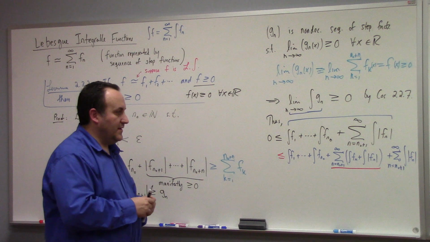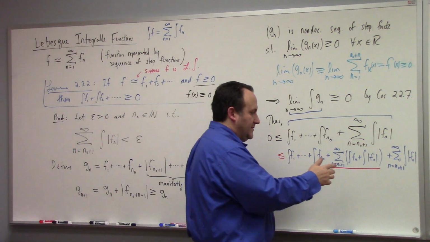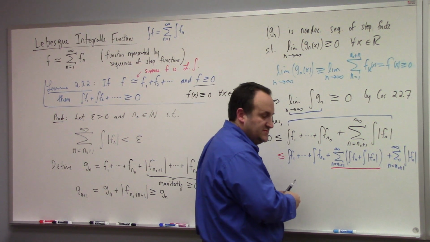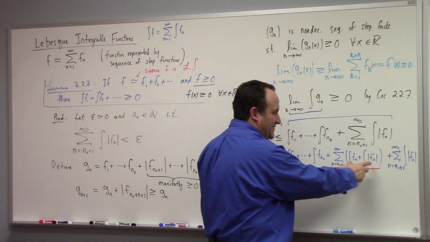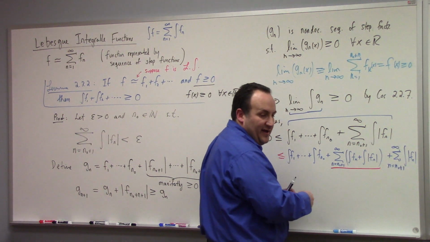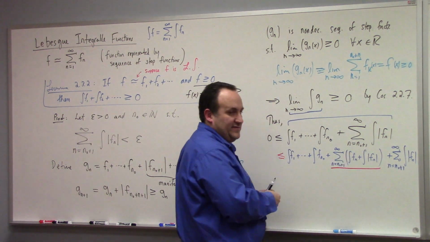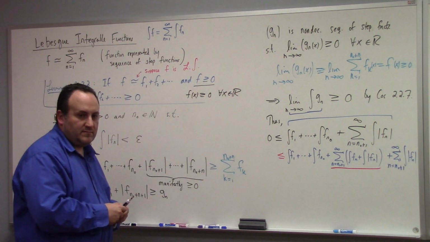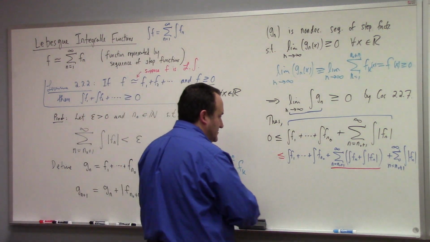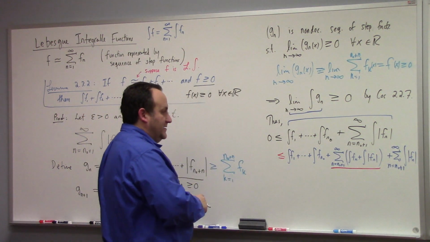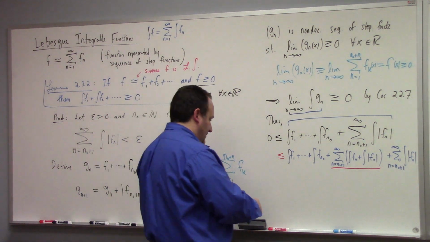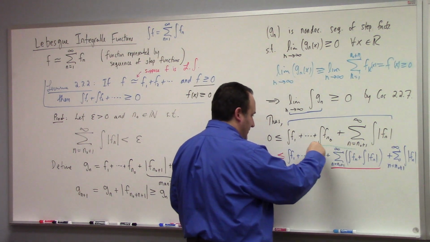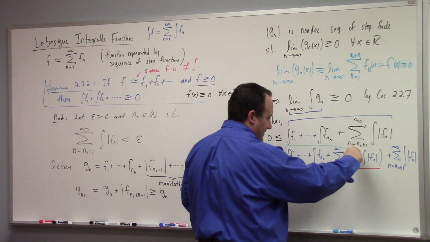Think about this. The step function is either positive or negative, right? If it's positive, this is just the integral of twice the absolute value. And if it's negative, they're canceling. So you're either adding something or adding 0. So that's definitely fine. You've done nothing, except that you've done something, because if you look at this, lo and behold, all of this right here is exactly.